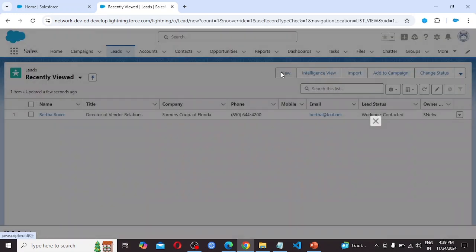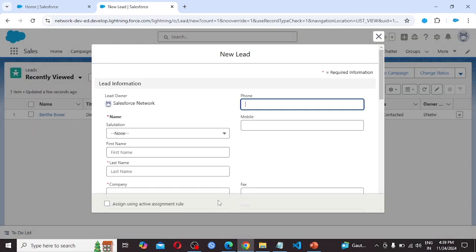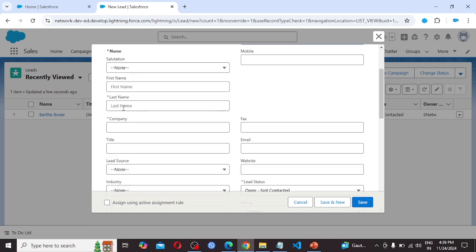If I click on New, here we are seeing the lead information. This is the lead owner. In the name, last name is mandatory and also the company name. Without filling in this information, we can't create the lead.